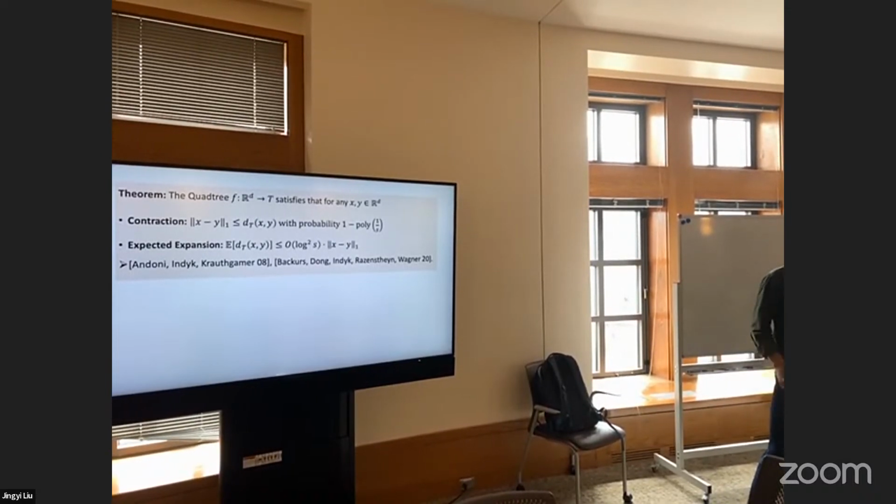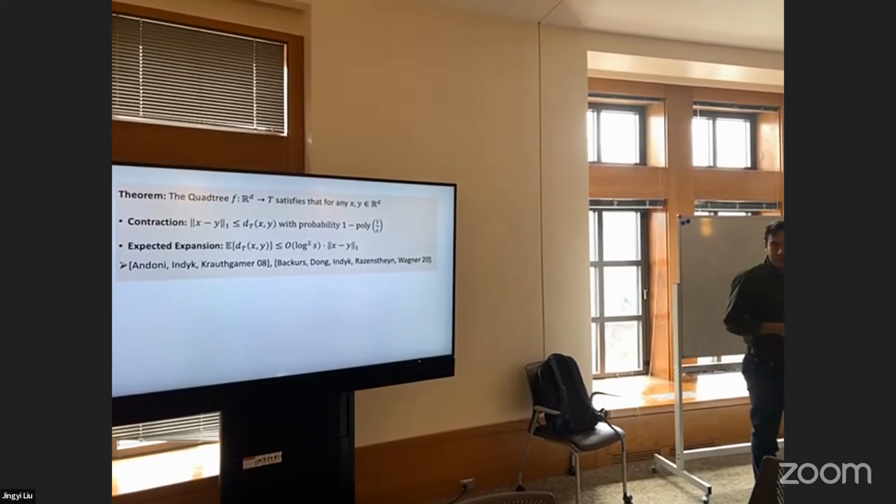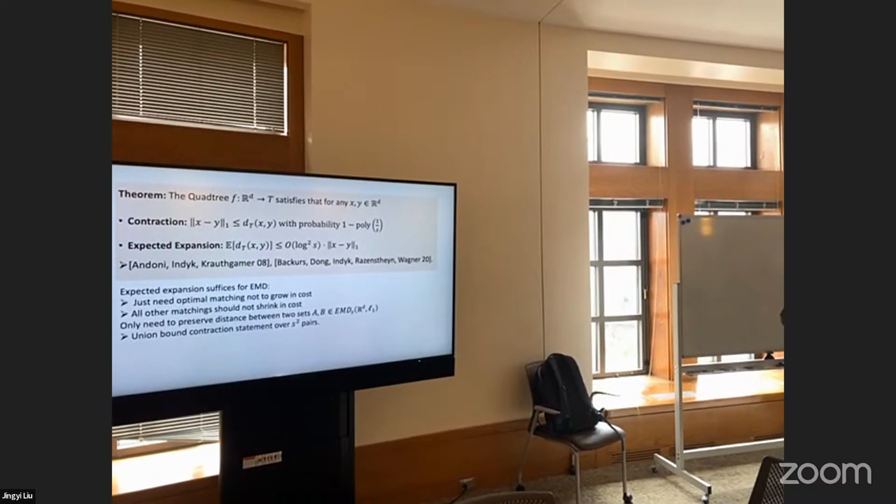And moreover, they don't expand too much in expectation. For any 2 points, their distance expands by at most a log squared S factor in expectation. It turns out that this is enough to embed EMD. Why is that? Well, first of all, note that expected expansion is enough for EMD, because I only need one